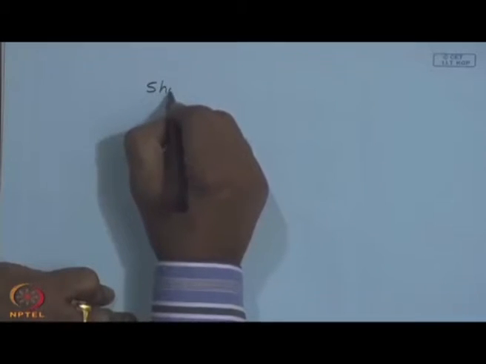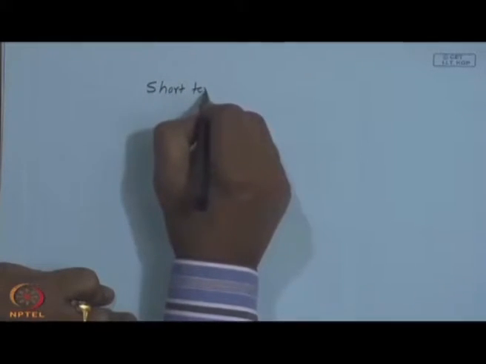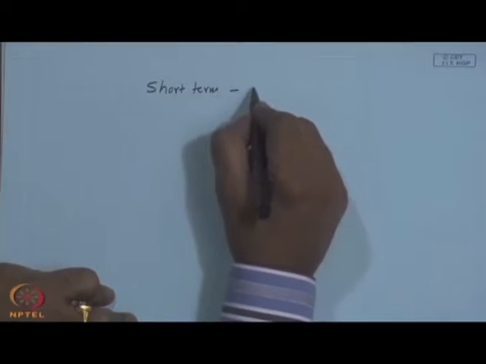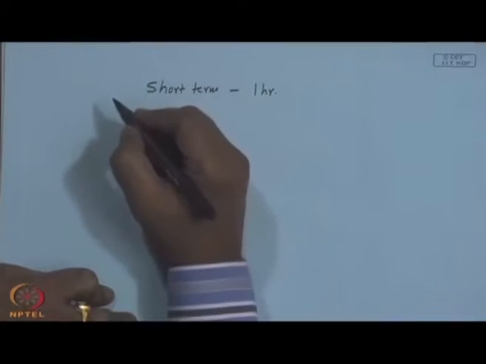Last time we were discussing how to calculate the solar radiation received by a surface of general orientation, that is, having a slope beta placed at an azimuthal angle of gamma, for a short period of 1 hour. Generally we understand by short term a period of 1 hour.